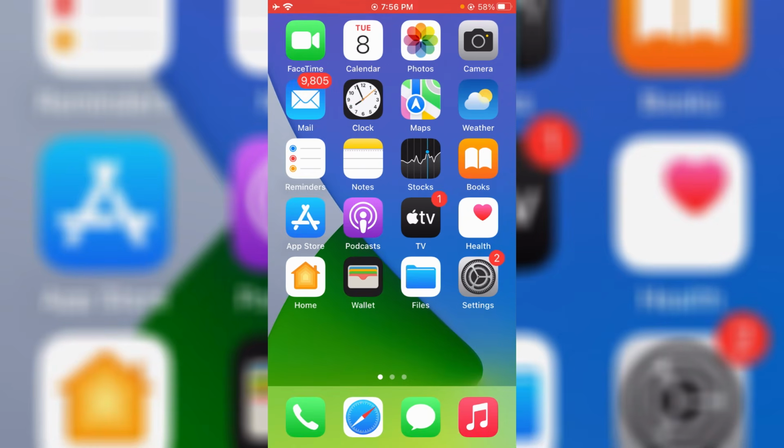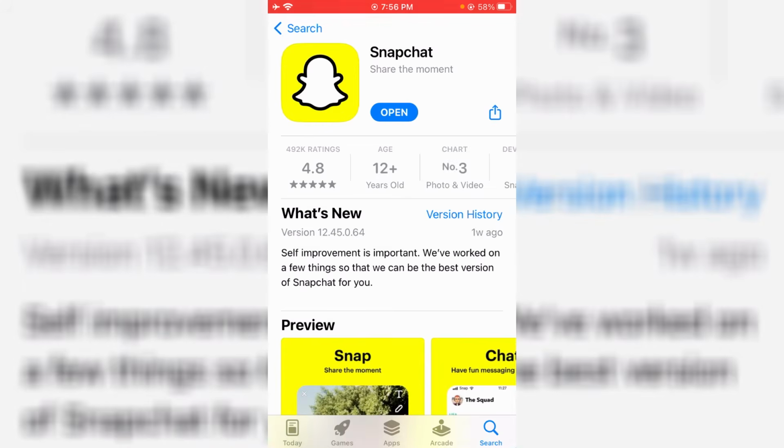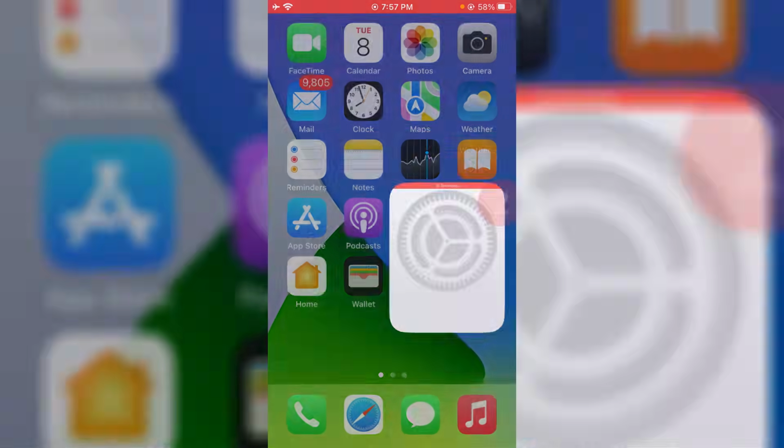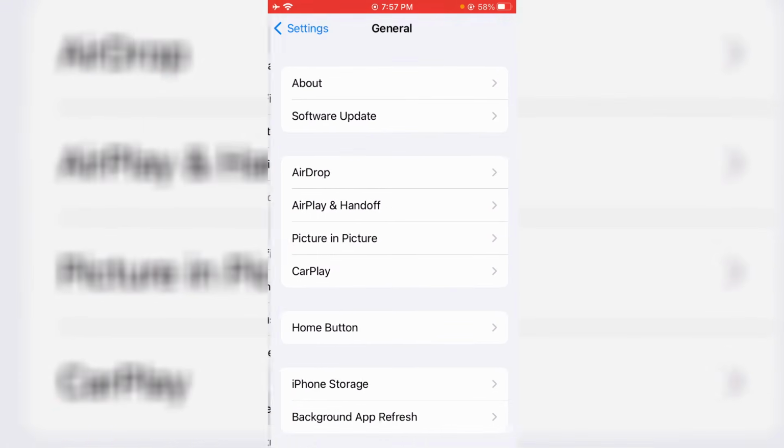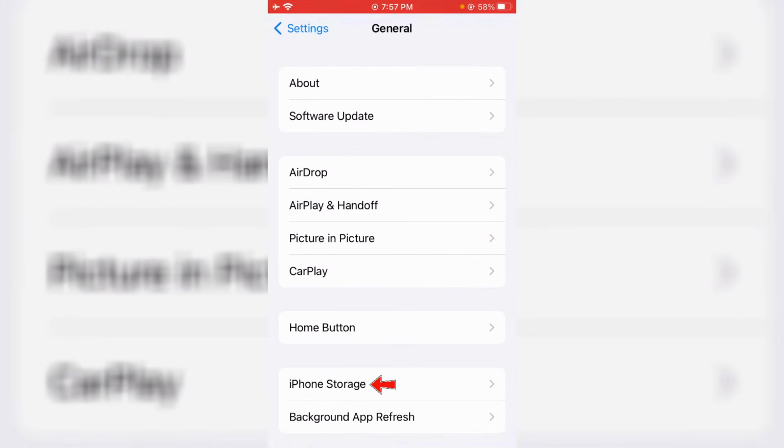So anyway, if you would like to fix this issue, just follow me, friends. First of all, check whether your Snapchat app is updated to the new version or not. Once you check it, open your settings menu, go to general settings and click on iPhone storage,